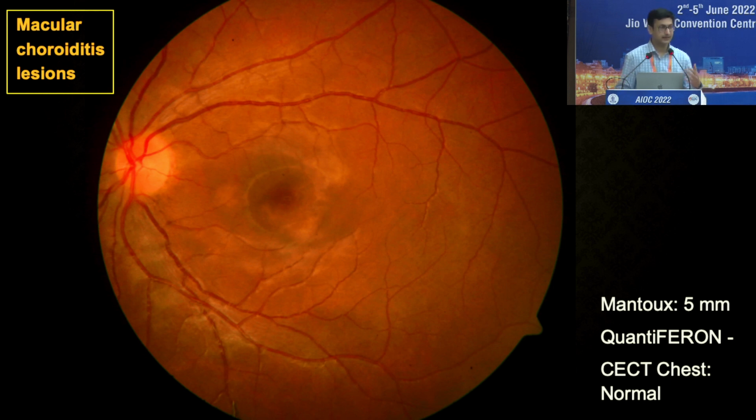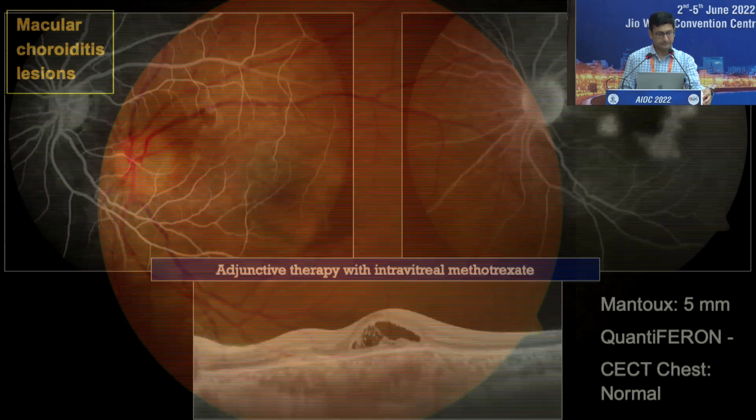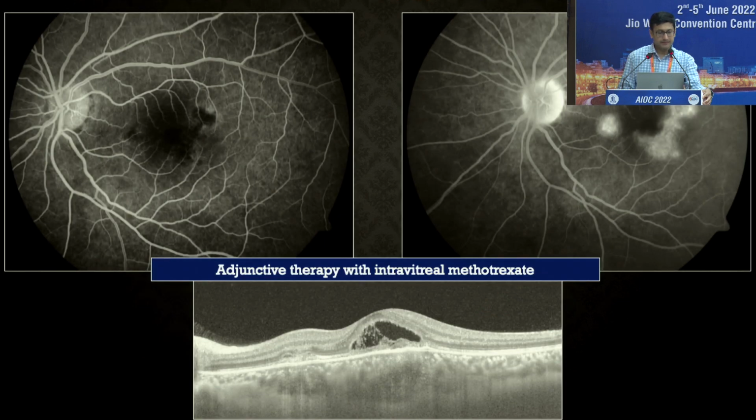Now, some of these patients, I had the privilege of learning from Dr. Vishali when I was in PGI and managing them with her. So this is a young girl who had 6/36 vision. The Mantoux was negative, QuantiFERON negative, and the CT scan was negative. So you can see this patient, of course, she received oral corticosteroids, and because the lesions were macular and we were reasonably very sure that this is no infection, this is definitely not syphilis like the ones showed us, or toxoplasmosis, so we treated with a concomitant intravitreal methotrexate.